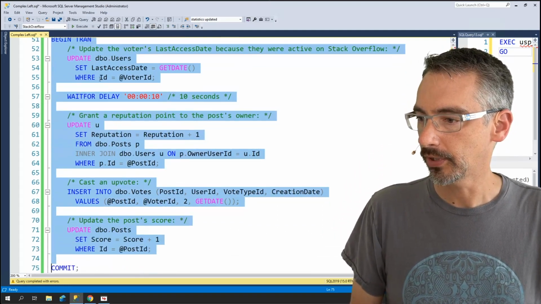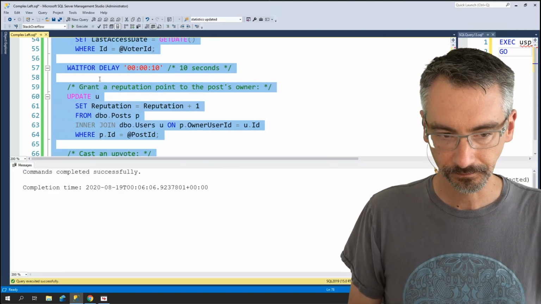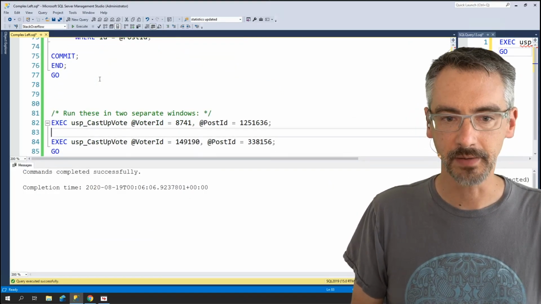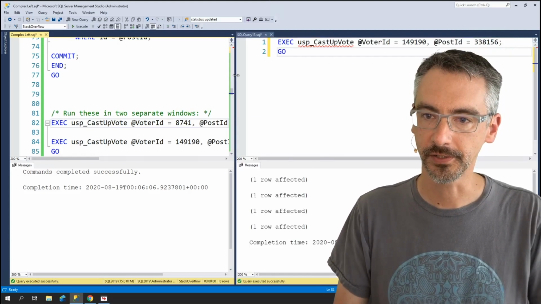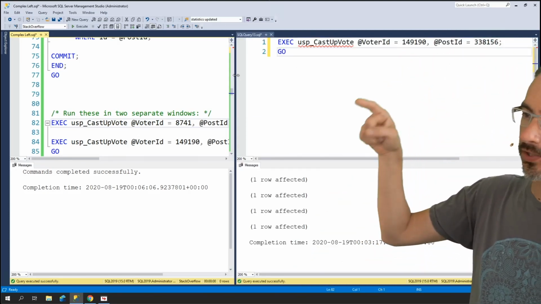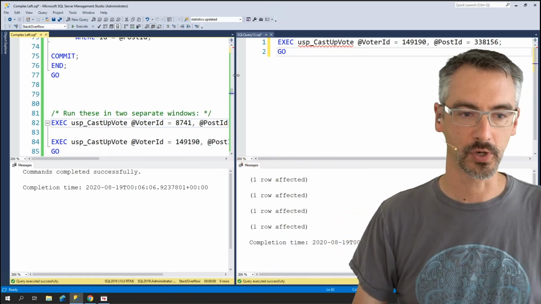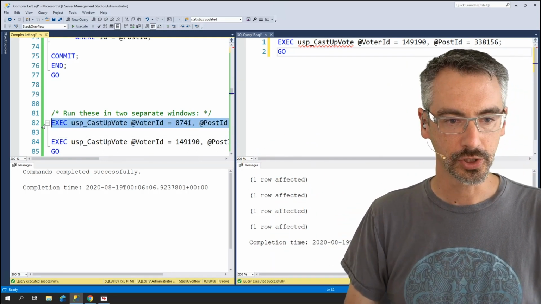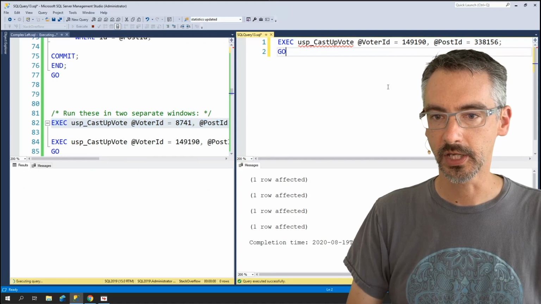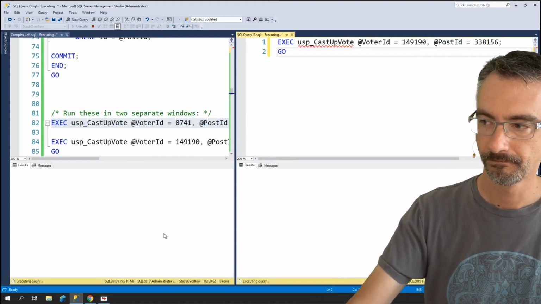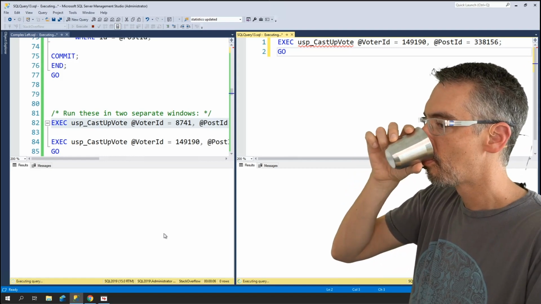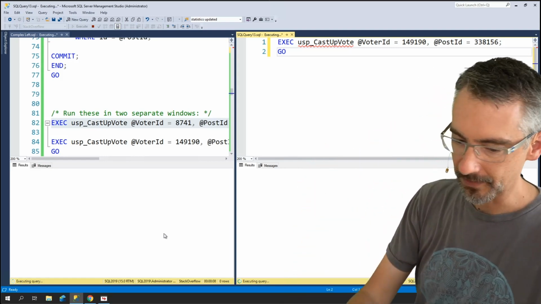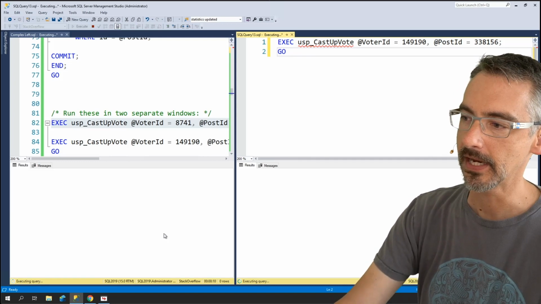So let's go down here and put this stored procedure into production. And then let's try the exact same thing again. Let's go execute these two in different sessions. Right-hand side, I've got this person. Left-hand side, I've got this person. 3, 2, 1, execute, execute. Have a sip of my tasty beverage, and,